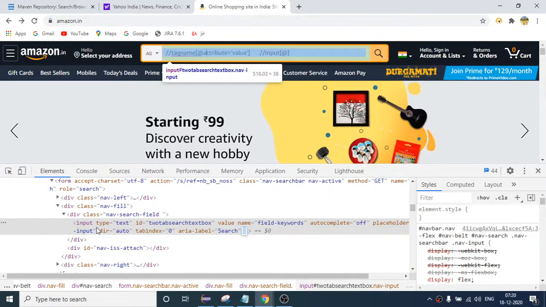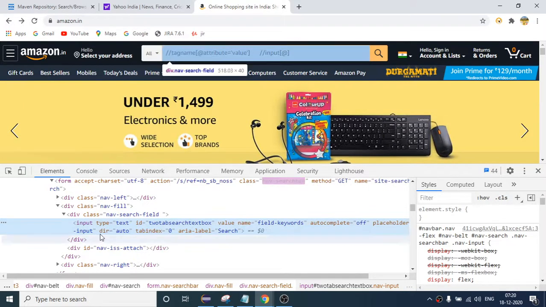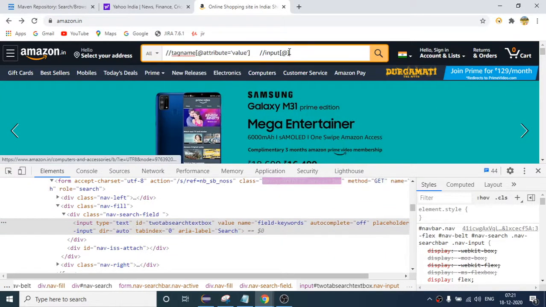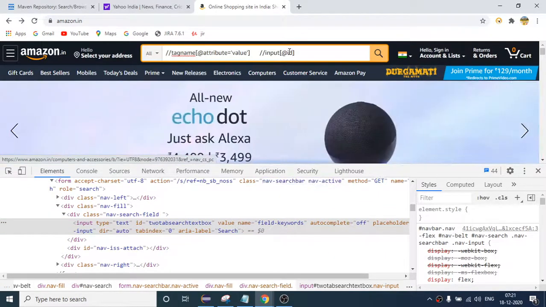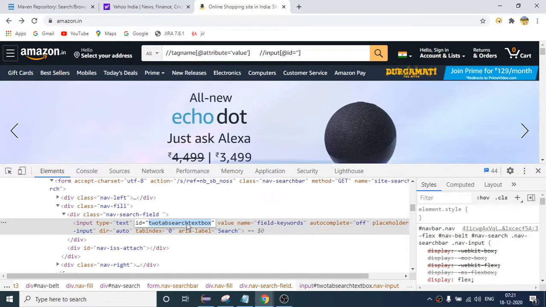You can choose any one of the attributes. I can go with this ID, I can go with this as well, but let us first go with this attribute. So I will say at the rate ID equals to, and this is our ID. So here we are using XPath with the help of the ID attribute.